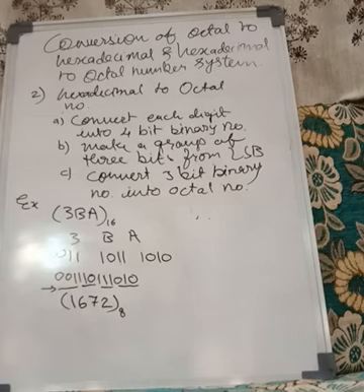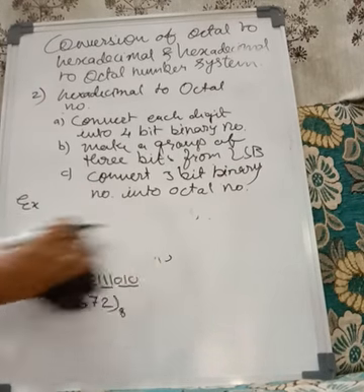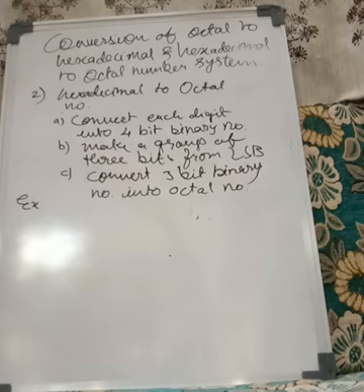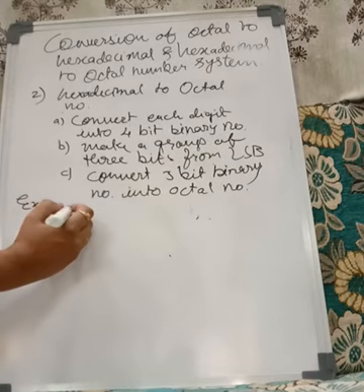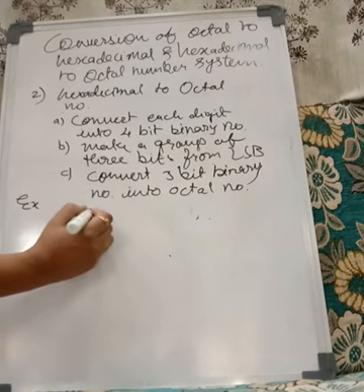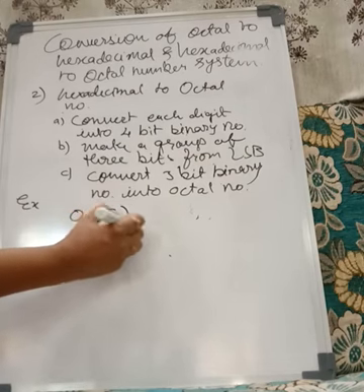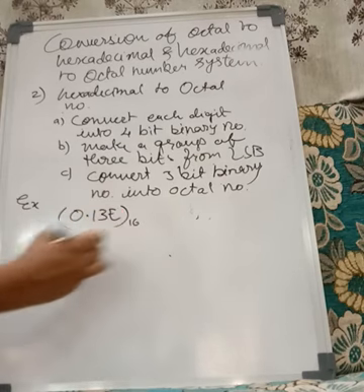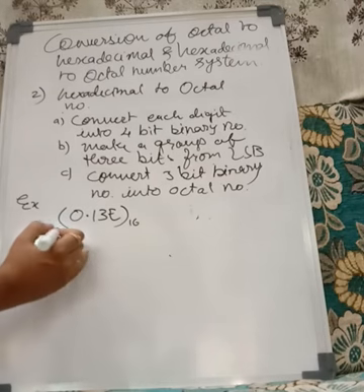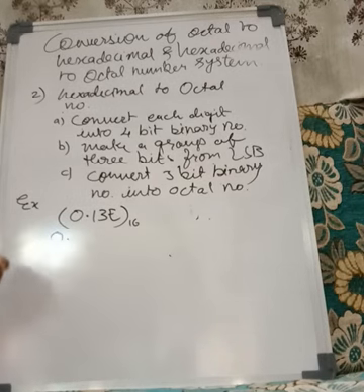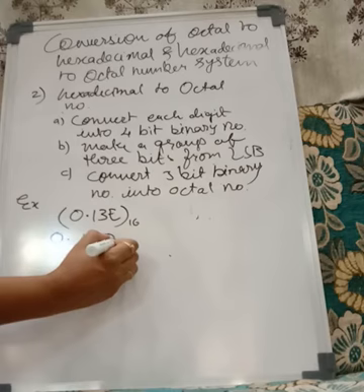Okay, so now let us have one more example with a point. For this we'll have one more example, and let us try to solve it by using the steps. So now we have, suppose, 0.13e. Suppose I have this number, this is the hexadecimal number. Then what am I going to do? So 0 is 0 and 0 point, I am going to write the number 13e.